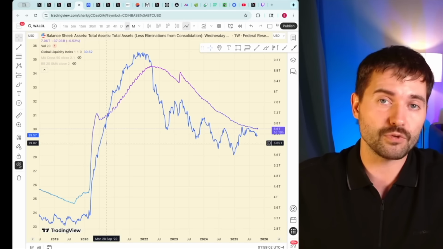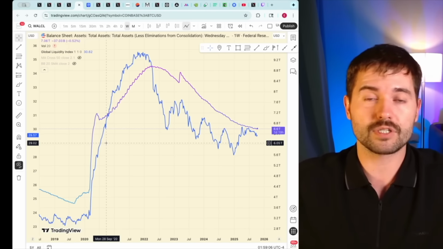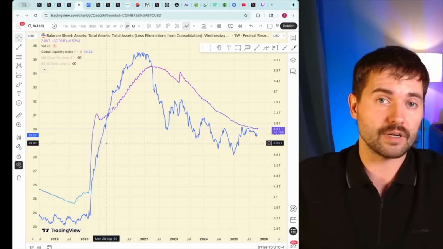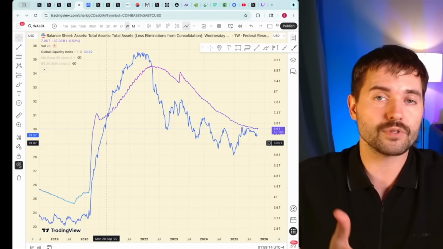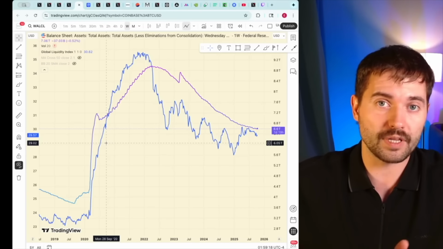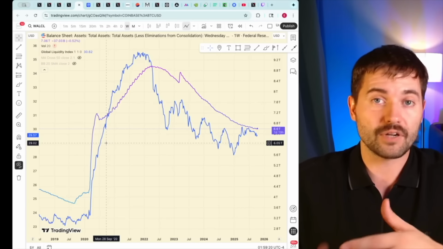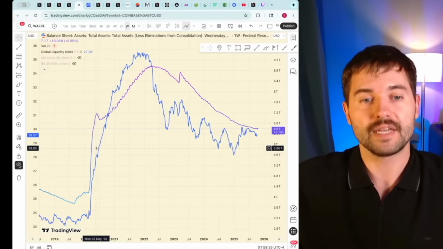But a lot of people used those stimulus checks to throw it into Robinhood. We had the meme stocks. We had crypto increase in price. We had NFTs. A lot of people attribute the NFTs, the JPEGs that ended up costing millions of dollars, to the stimulus checks. A bunch of money flowing into the system, that's quantitative easing.